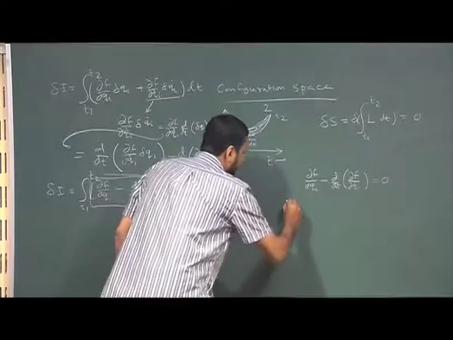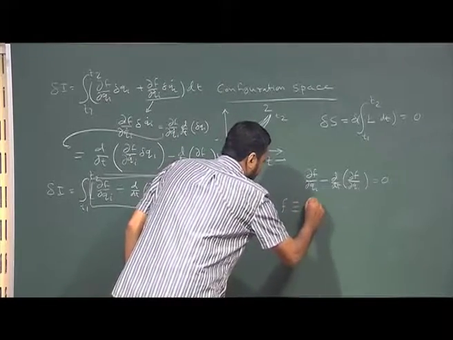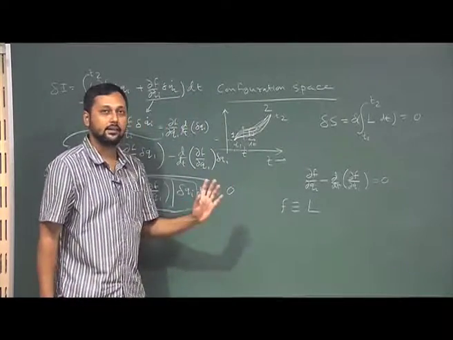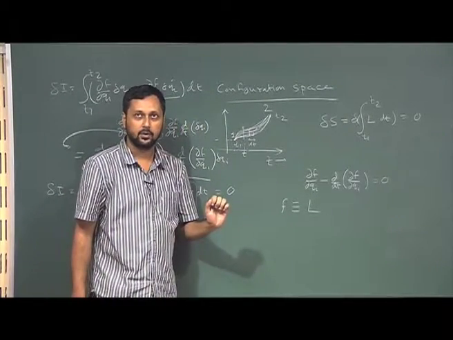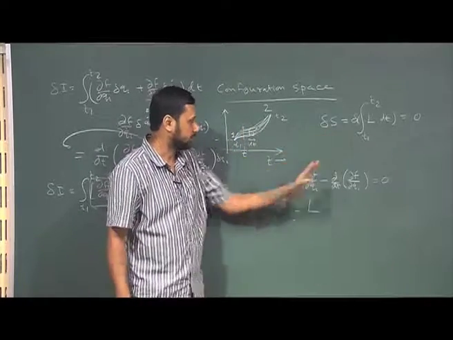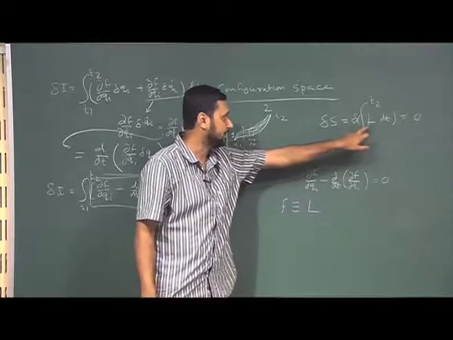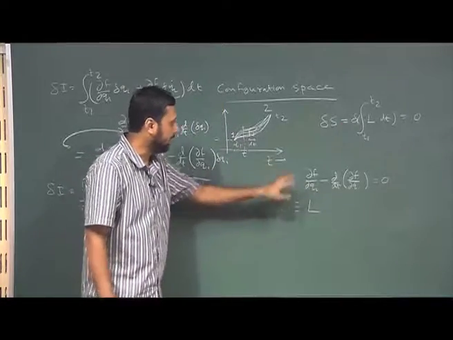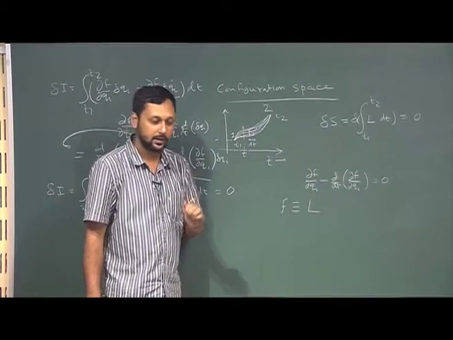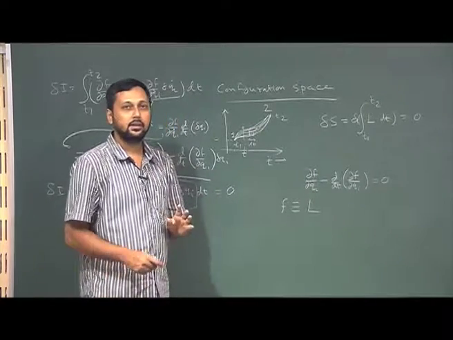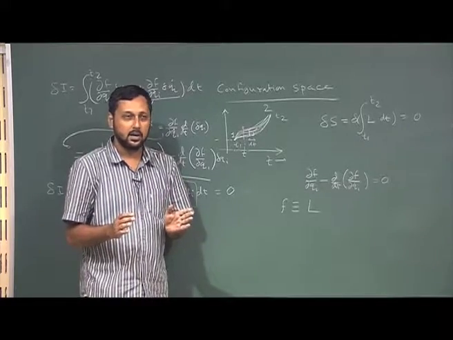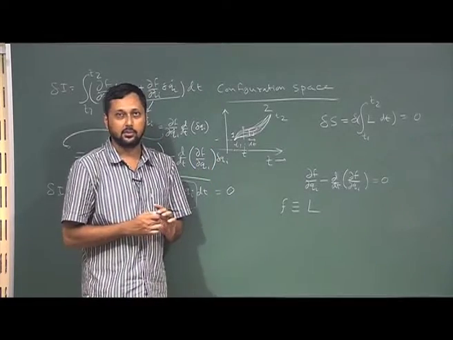If we set f equivalent to L, then we get back the standard Lagrange's equation of motion, starting from the principle of least action. And so, basically, if we start from the principle of least action, taking f equal to L, we get back the familiar form of Lagrange's equation, right. So, Lagrange's equation, although we got it previously starting from D'Alembert's principle, this is a lot more fundamental, because here we do not